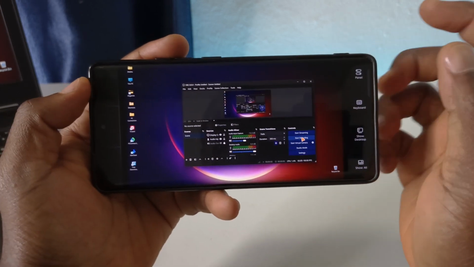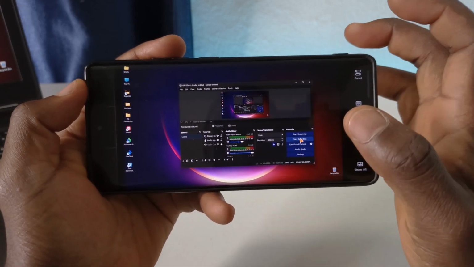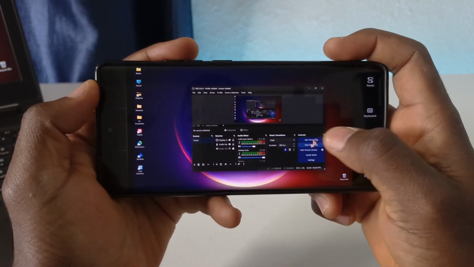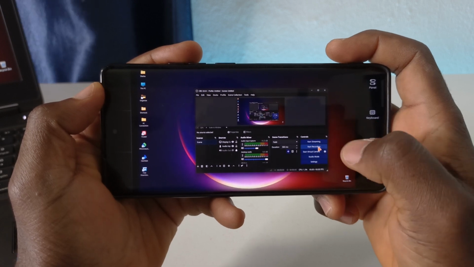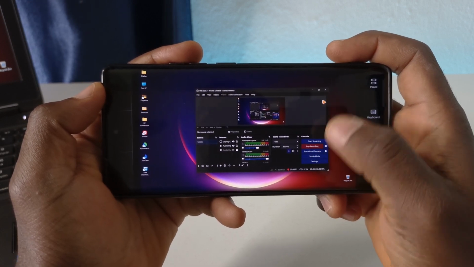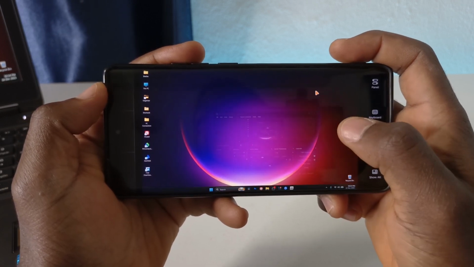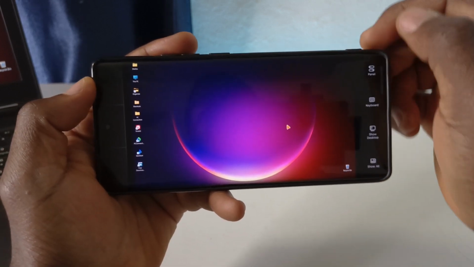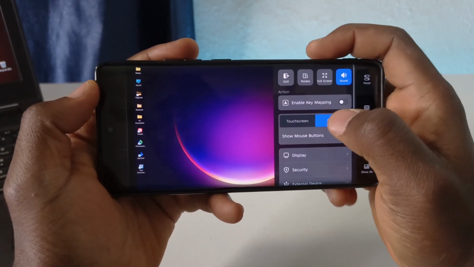Alright, in this video I'll be showing you how to use StarDesk to transfer files between your phone and your PC. So I'll start the screen recording now. Okay, then minimize. Okay, so while using the StarDesk app, what you need to do is tap Panel, then scroll